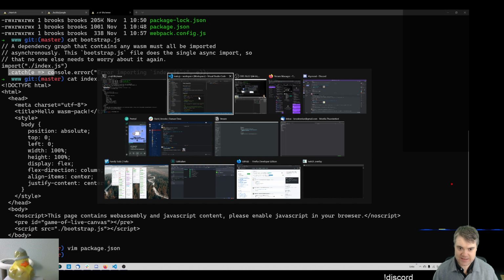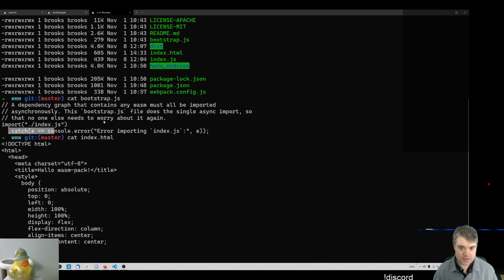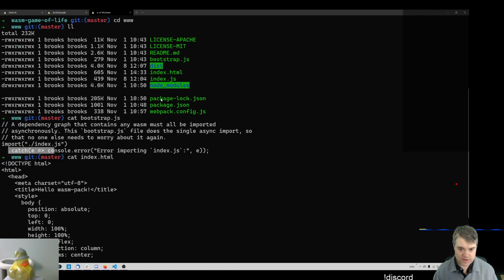So if we're going to want Webpack to start to serve it, aren't we? So we are going to have,